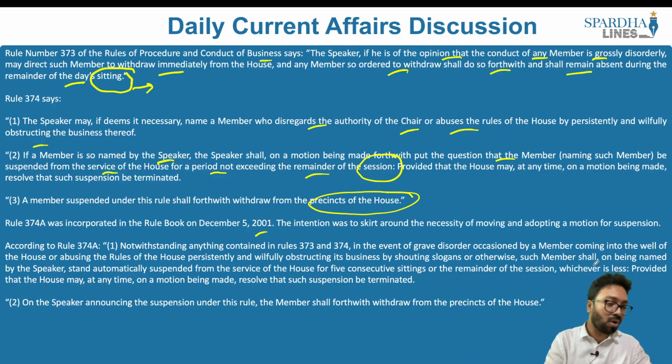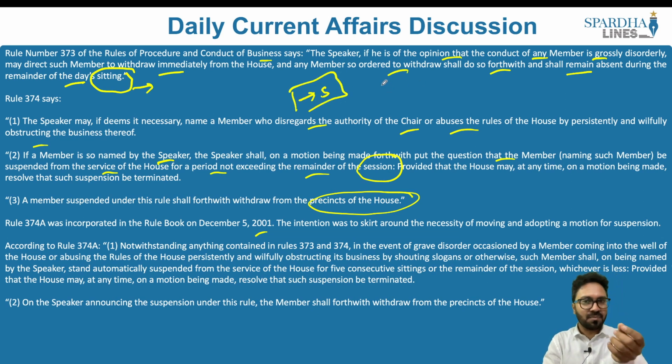Article 122 of the Indian Constitution says that parliamentary proceedings cannot be questioned before a court. However, if they are suspended much beyond a session, in that case they can also go to the court as well. For example, in the state of Maharashtra, there were members who were suspended much beyond a particular session. As I told you, they can maximum be suspended for that particular session, but if it is much beyond that,